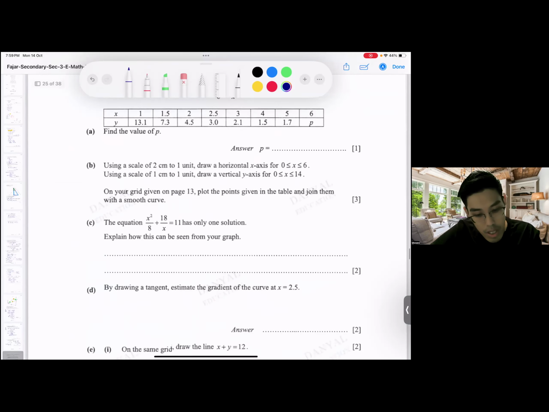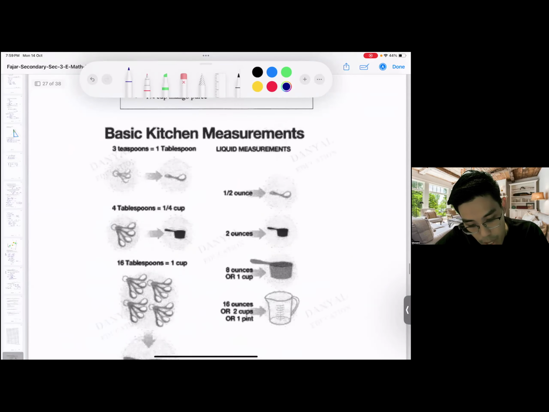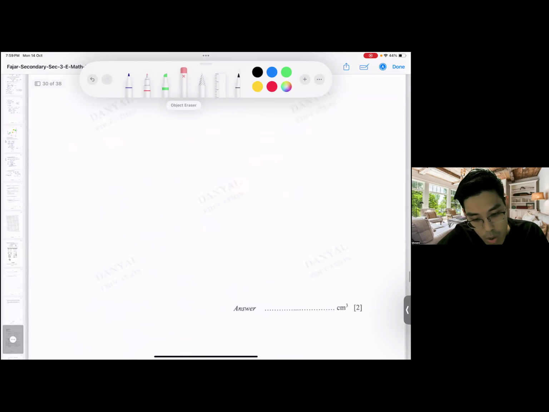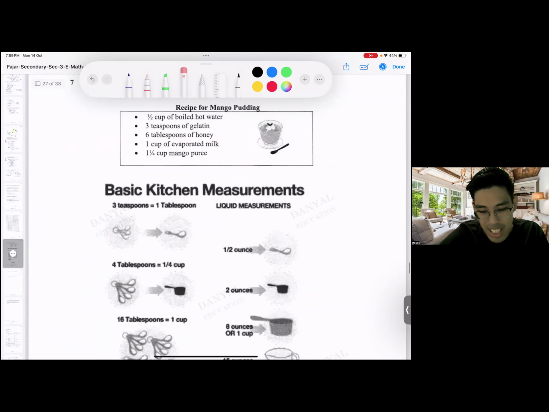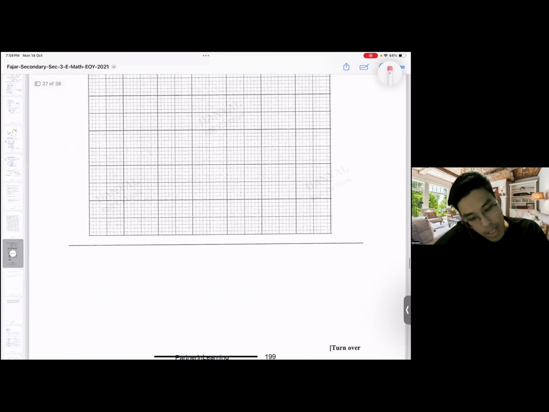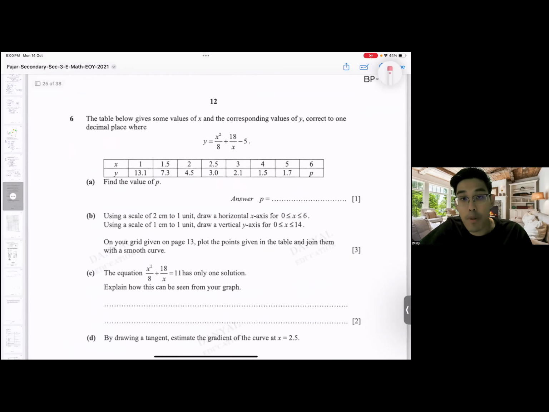Okay, come, let's continue. Let's see how much more we have. We have a graph question, we have 7C. Oh, this one is the mango pudding thing. Ayo, a lot of application questions involved. But later let's have a look. And a graph question. Okay, plotting. Can I skip the graph question? Skip. Okay, don't skip.